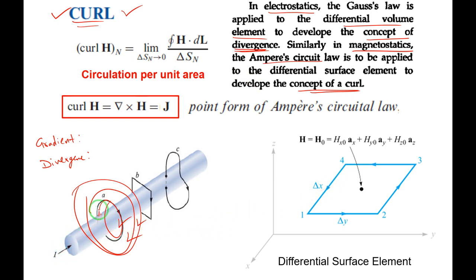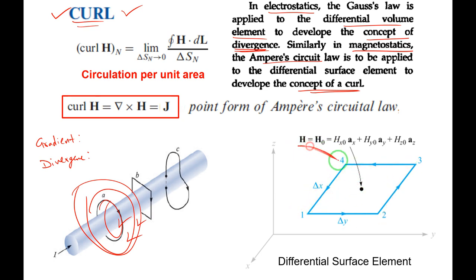Which is responsible for generation of these magnetic flux lines? The current I. The source is current I. We are not here for theoretical purposes, so we will not consider the source. Let me assume that the magnetic field intensity is in this direction. I am not worried about the source, whether it is current or whatever. The magnetic field has this circular rotational effect from 1 to 2, 2 to 3, 3 to 4, 4 to 1.